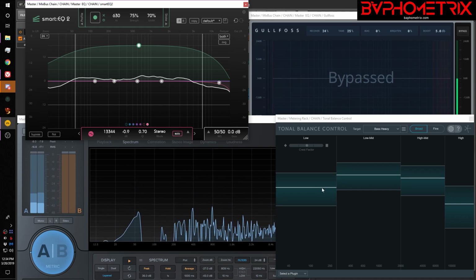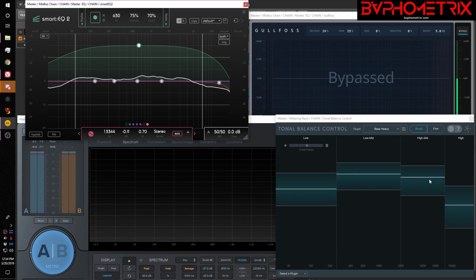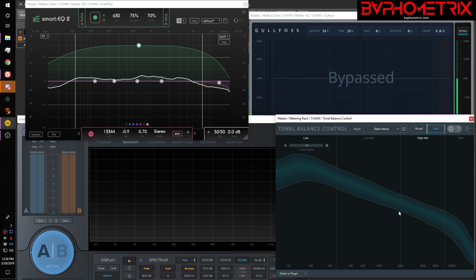So you can see it pushed up the sub a little bit, the sub and bass area. It pushed up the low mids a little bit. It even brightened the high mids a tiny bit, and it definitely brought the highs down, which is exactly what this curve tells you it's doing. If we look at it in the fine mode,